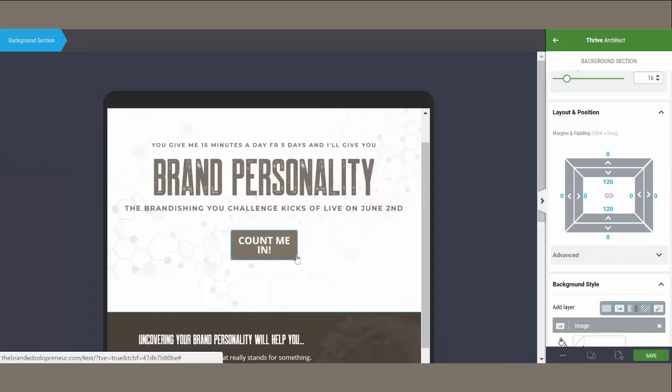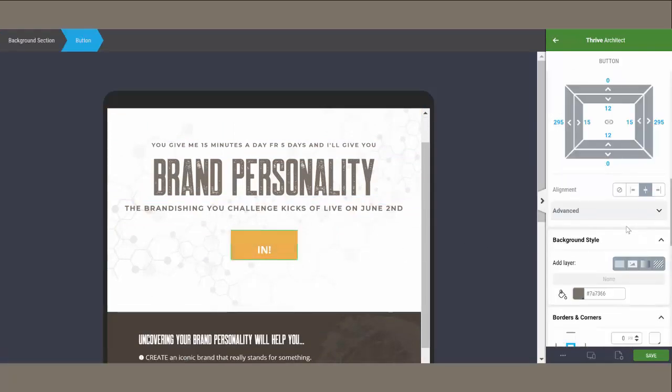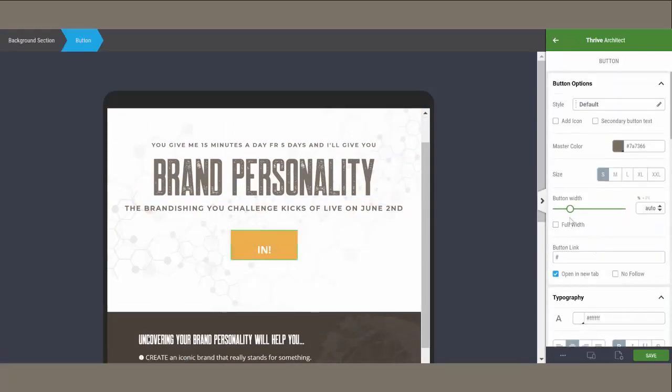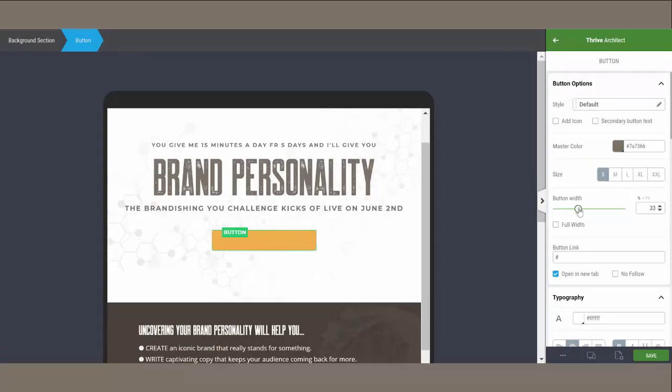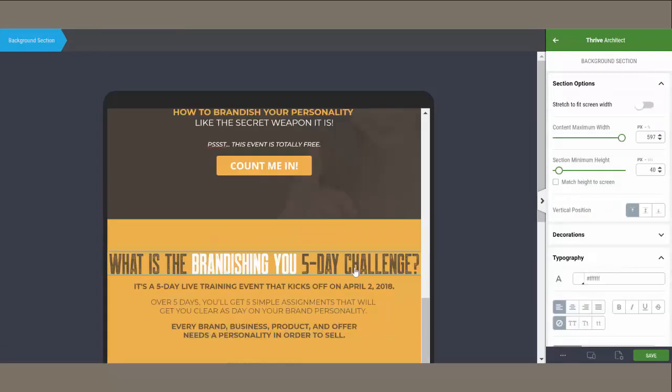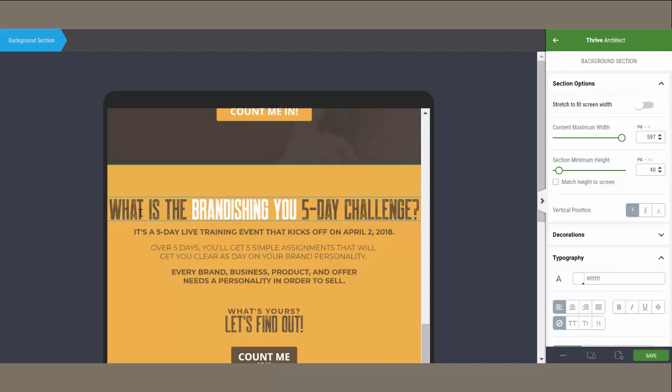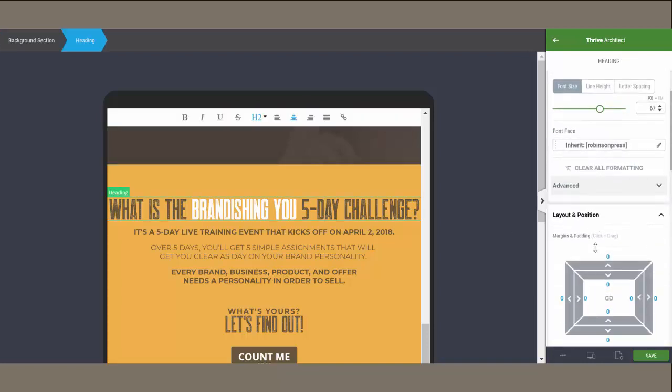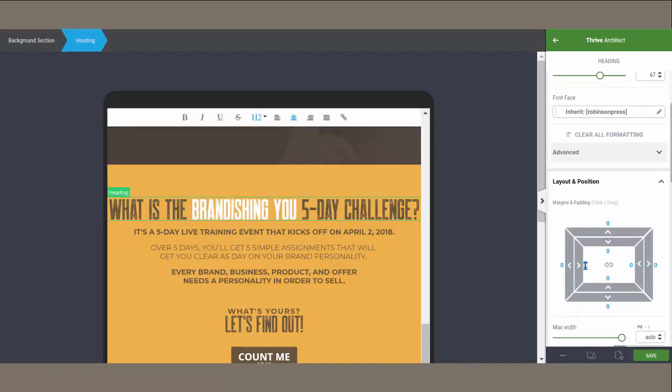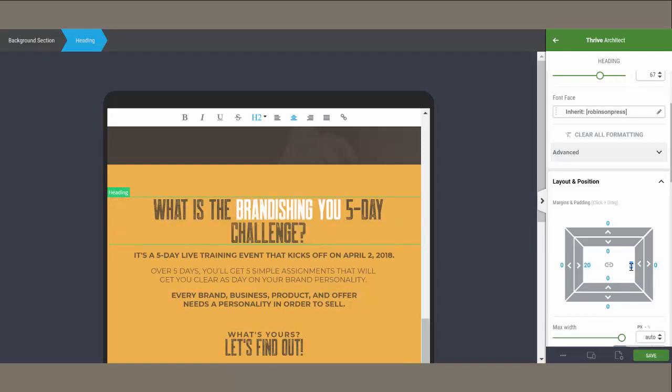So if anything gets wonky, like let's say the button, I'm going to come back up to button width. I'm going to make that much bigger. Right here you can see, on desktop there's not a padding issue because the screen is so large, but now it's butted up to the side. I definitely don't like that. So I would apply some padding. Go like this, and